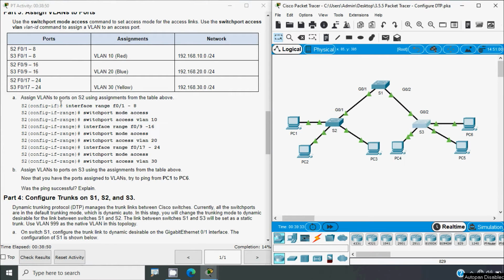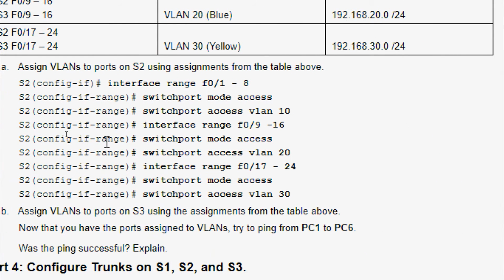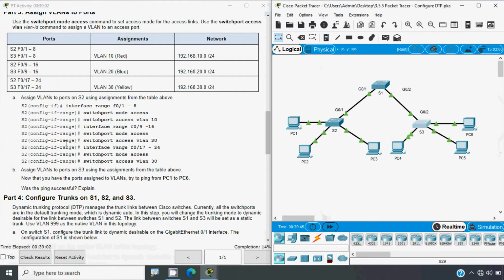Okay, assign VLANs to ports on S2 using the assignments from the table above, and here we can see they have given the commands for how we have to assign these ports to the VLANs in S2. We will do that. Now we will go to S2,